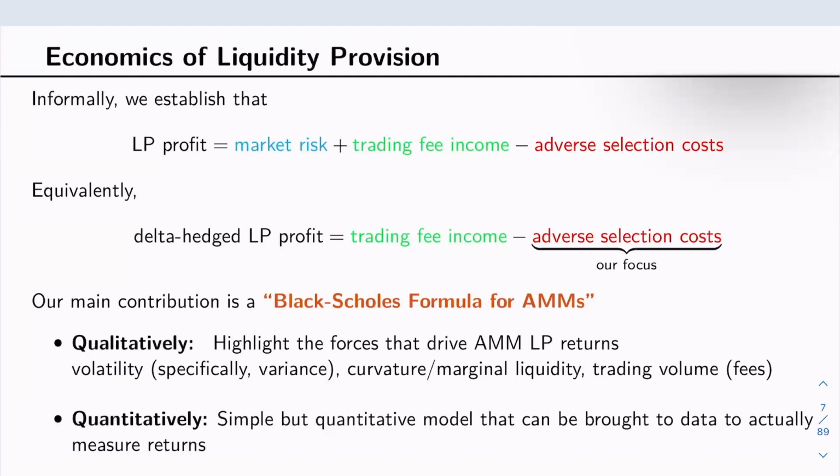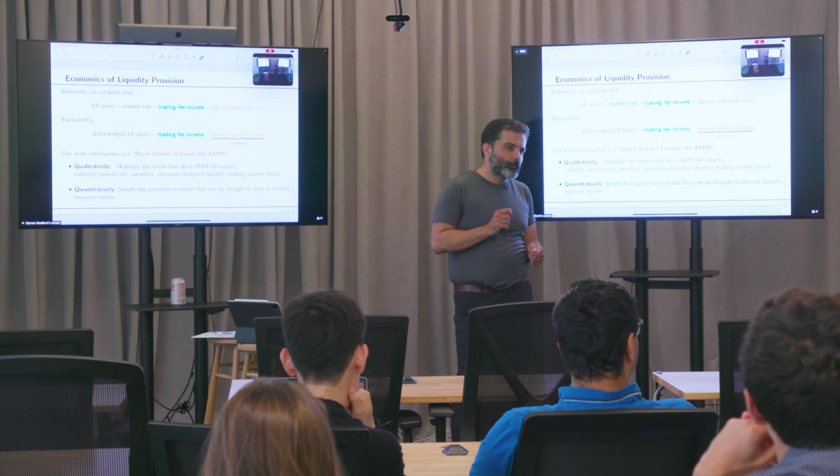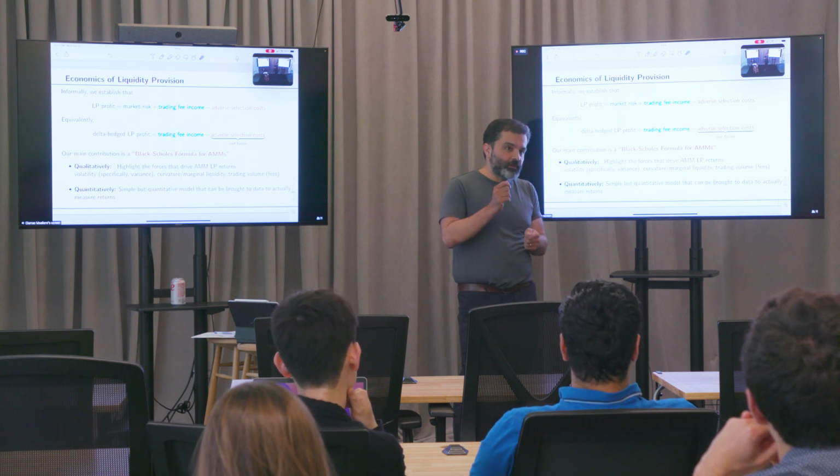Sorry, so the hedging costs of removing the market risks are going to affect the economics of the liquidity providers. Right? So the reason why you're ignoring it is because if you're a liquidity provider in a centralized exchange, you'll have to apply the same costs, or? So what hedging costs are you talking about? Of the delta. Because you're delta hedging on a centralized exchange, and there might be costs to that.